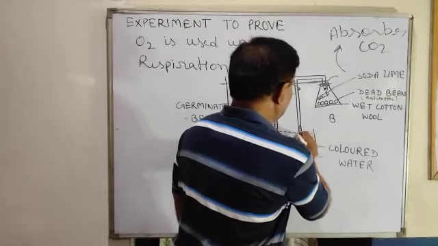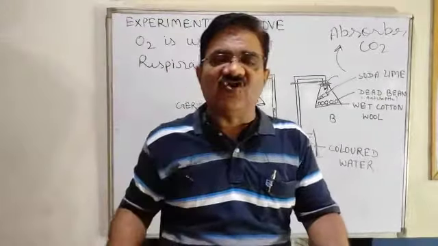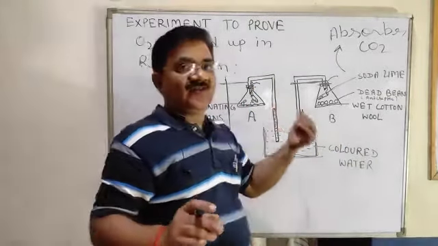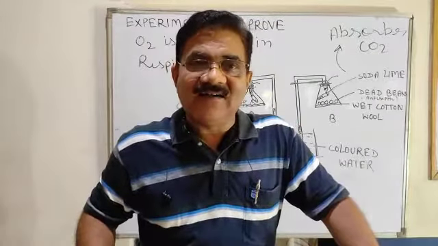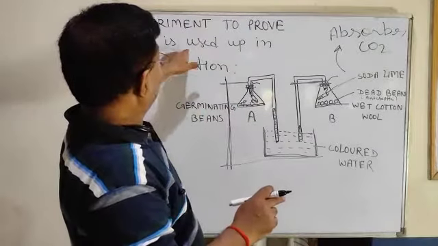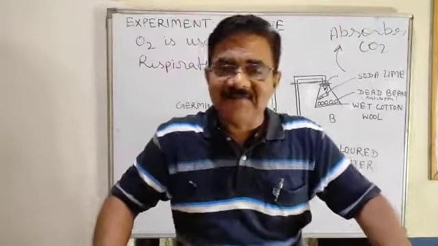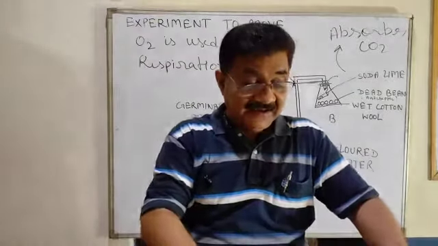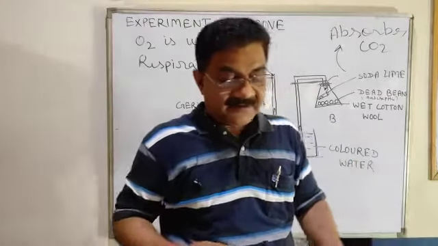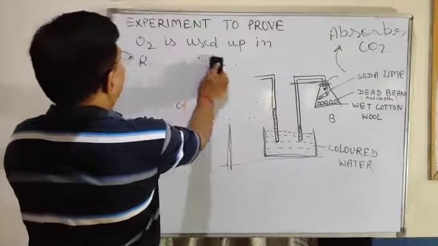See the initial water level in beaker, and a slight rise is shown in this tube, but in this tube more rise of water is there. What does it prove? It proves that oxygen is used up in respiration. So dear children, this part is clear, and a give-reason question. You have understood. And next, let us discuss the experiment to prove